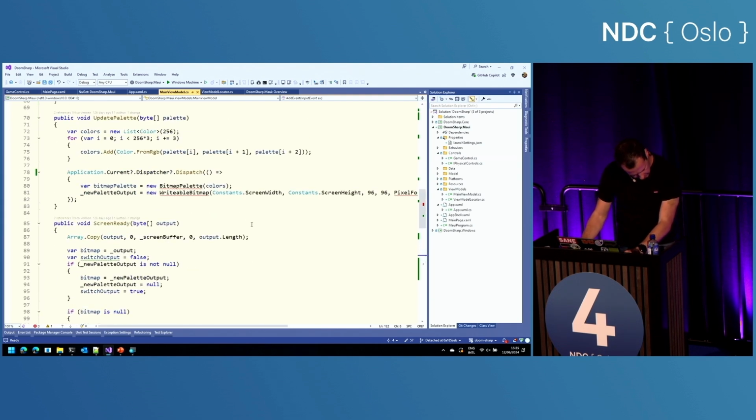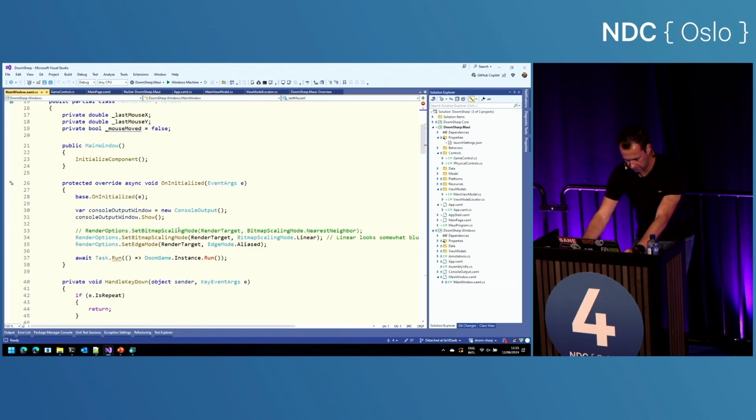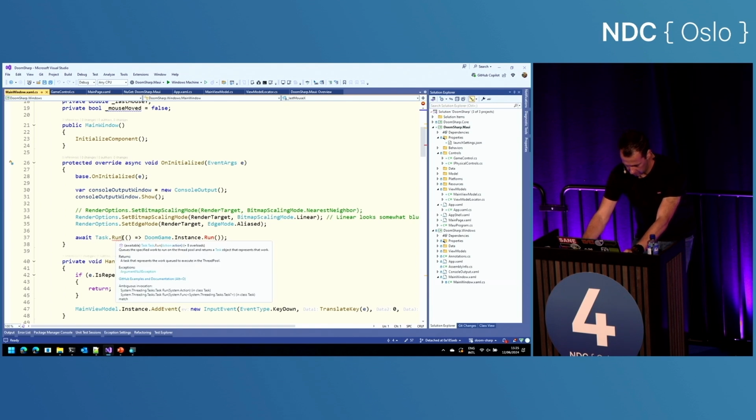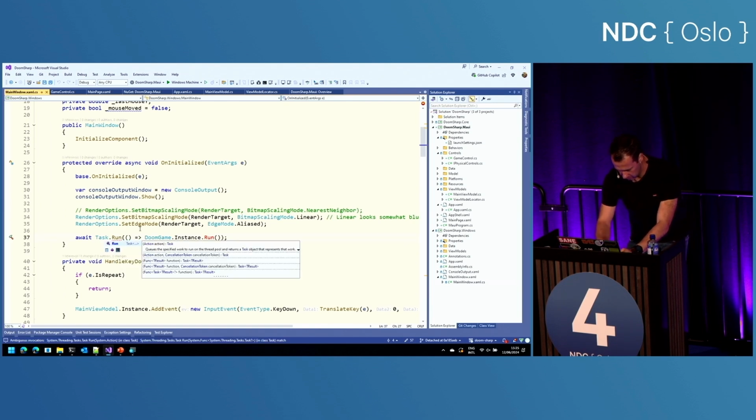All right, some stuff left. Let's see here. Main window in WPF. This will no longer be called run, but will be called run async.